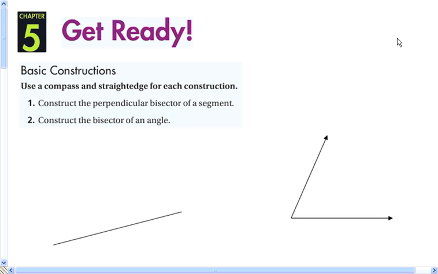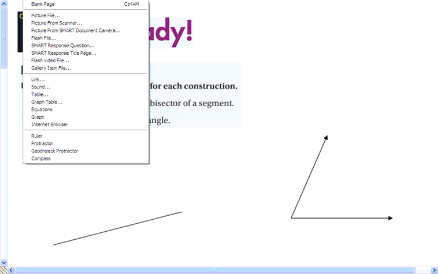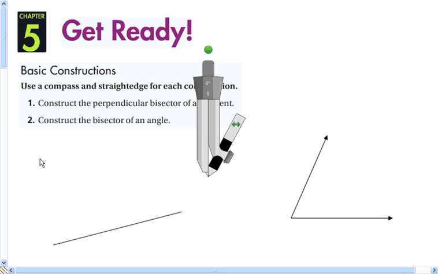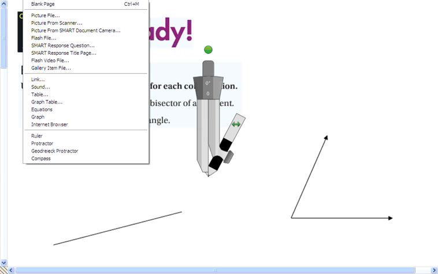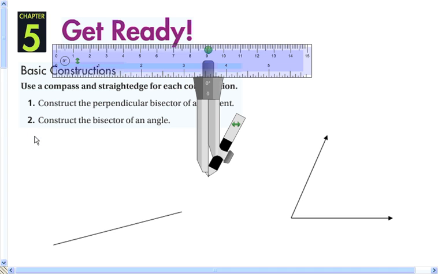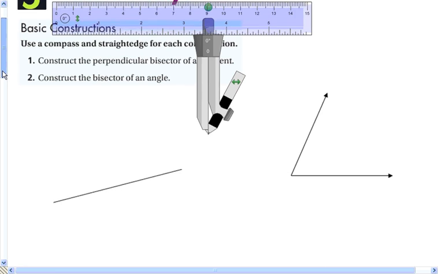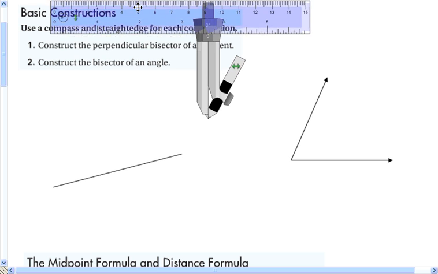Number 1, construct the perpendicular bisector of this segment right here. To do that, we will need some tools. We will need a compass, and we will also need a straight edge. All right, and to do a perpendicular bisector of this segment, that means we want to cut it in half